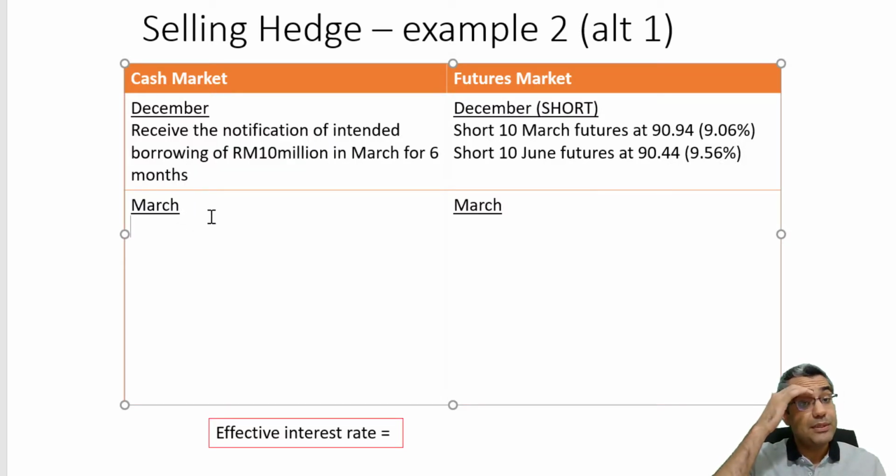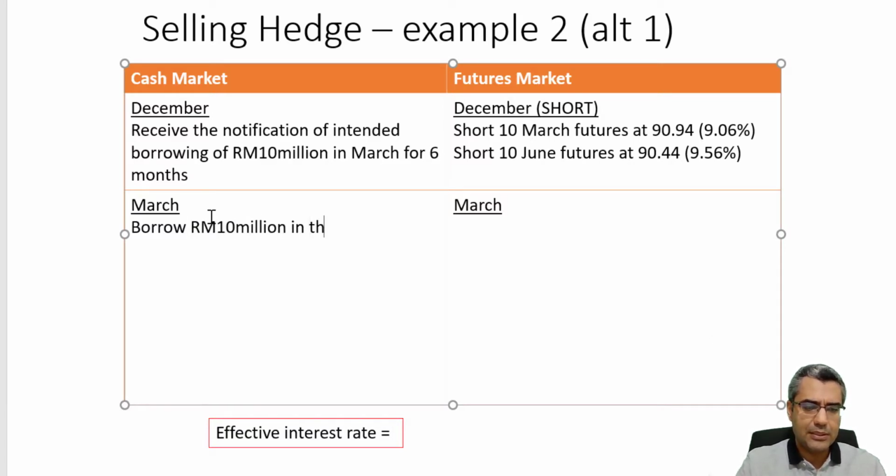Okay, done. Then in March, as it was the plan, we borrow 10 million ringgit in the interbank market at the 3 month